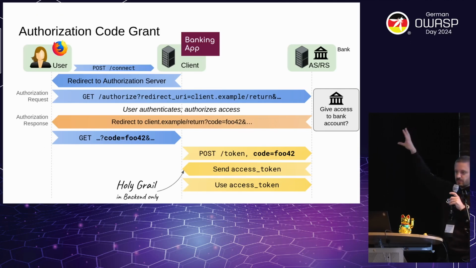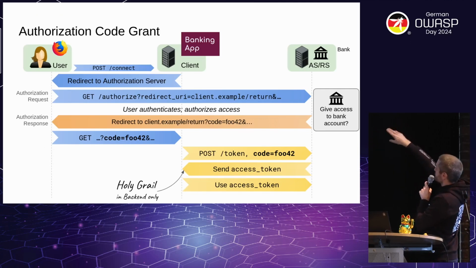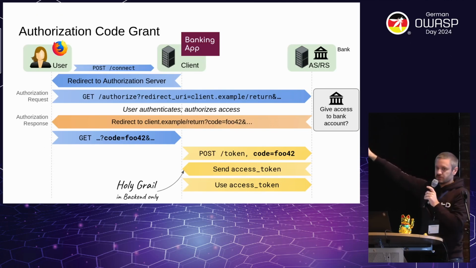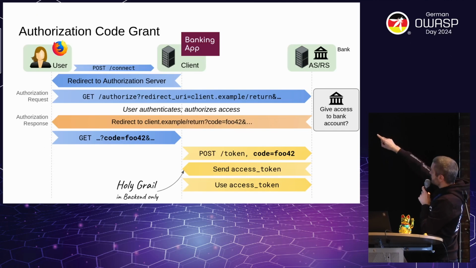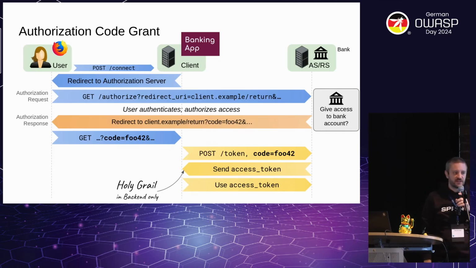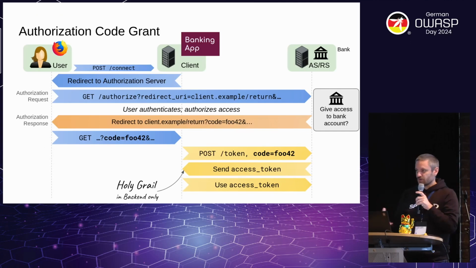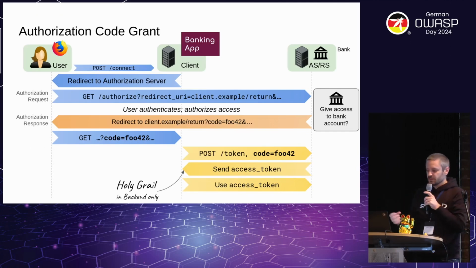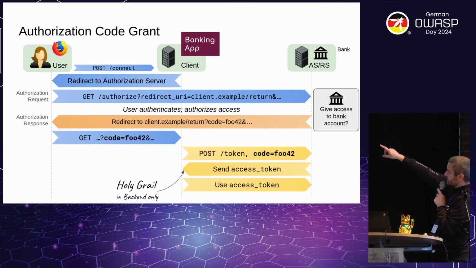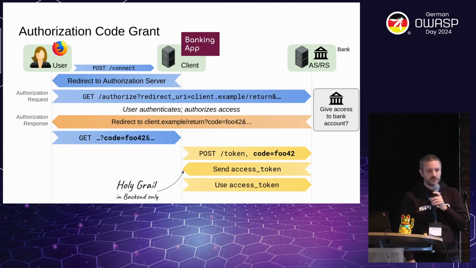You can see that it works similar. The first three requests are essentially the same. You send the authorization request to the bank, the user authenticates, authorizes access. But the authorization response looks different, because there's now the redirect URI and the code, the authorization code. And the authorization code is not the access token. It's like a single-use, one-time replacement for the access token that is returned in the redirect URI, and then the browser forwards that to the backend of the client's application.